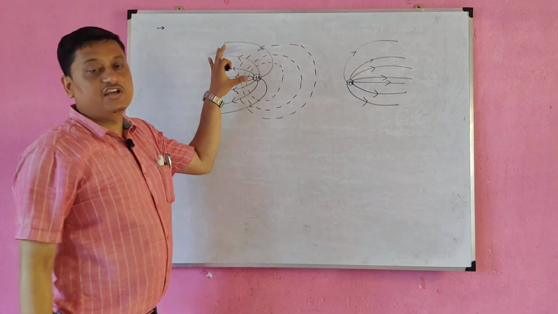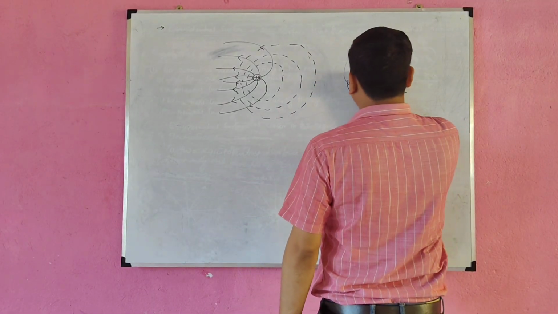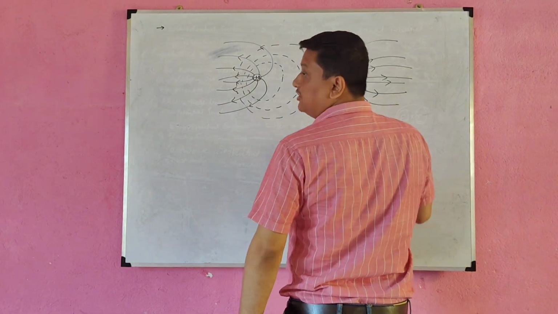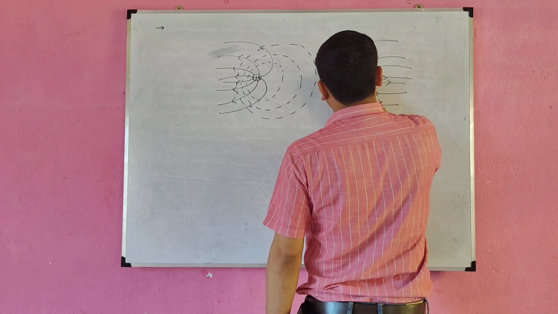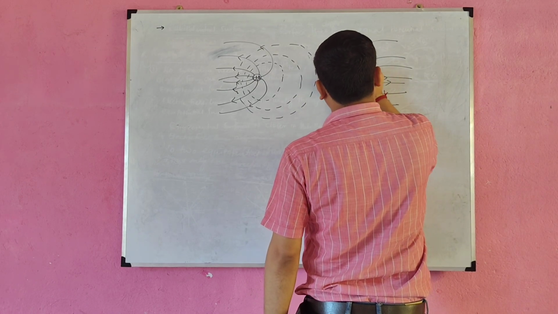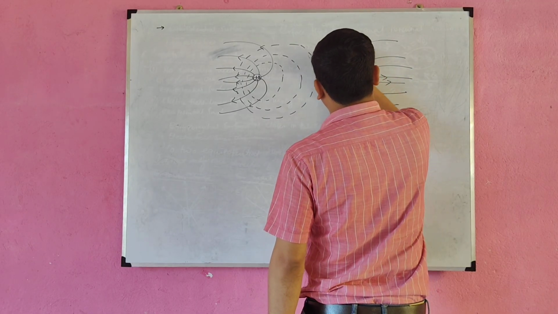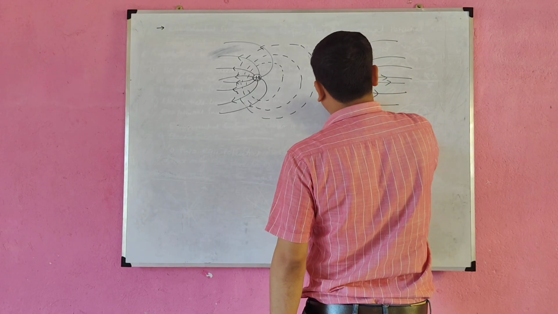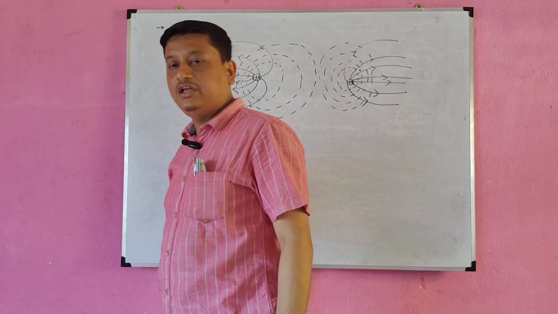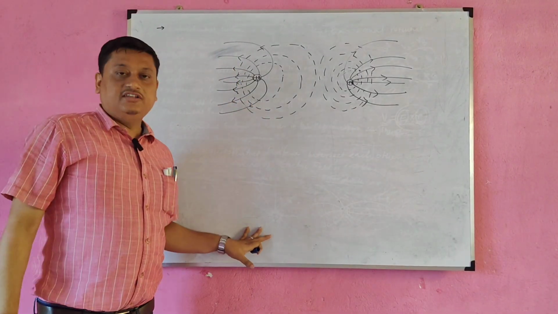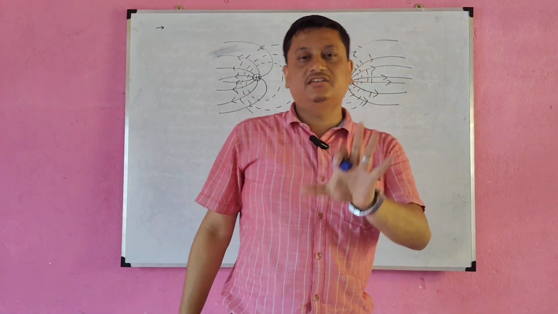So you can see that this region is more crowded here because the field strength is more over there, and in this case also the field strength is more this side, so the equipotential surface will be closer. Such a pattern will be produced over there. Okay. So now our next topic is that some numericals we will practice from potential energy and some few topics.